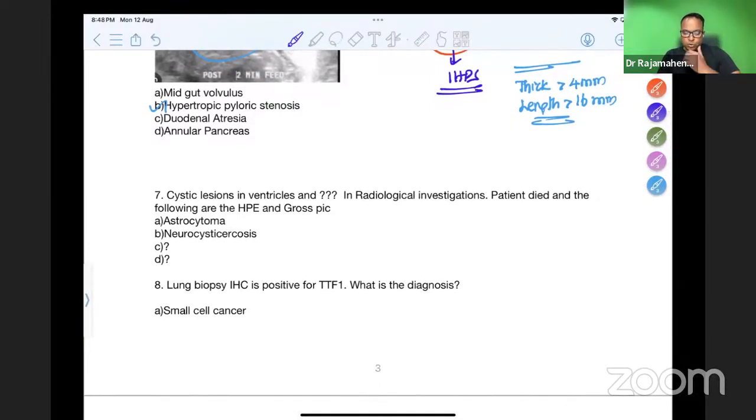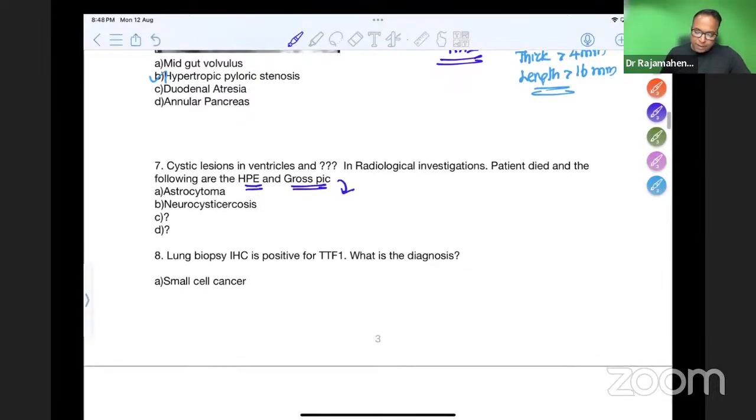So here is a question I could not get a proper recall. Cystic lesions in the ventricles in radiological investigation, patient died, and gross picture and histopathological examination image. I could not get this image. But one thing I can tell you, most common brain tumor is